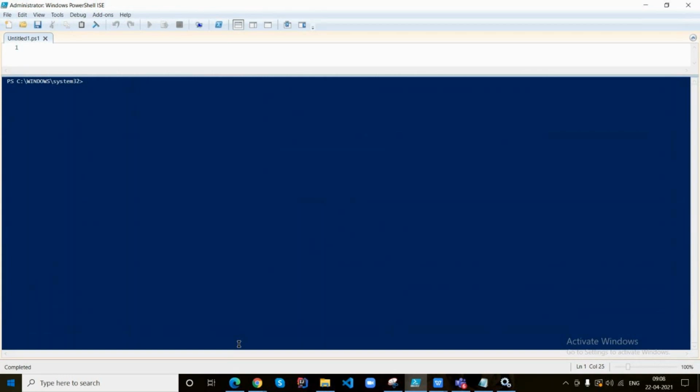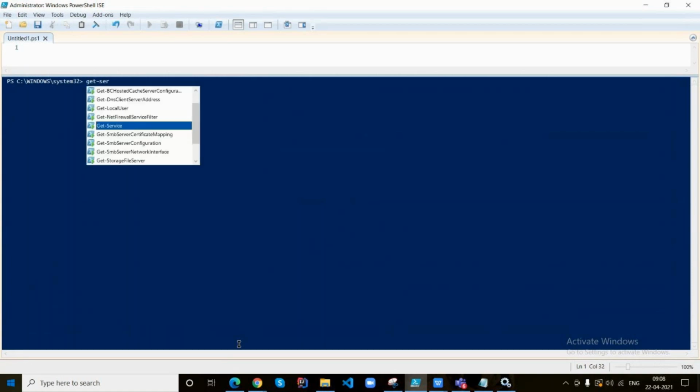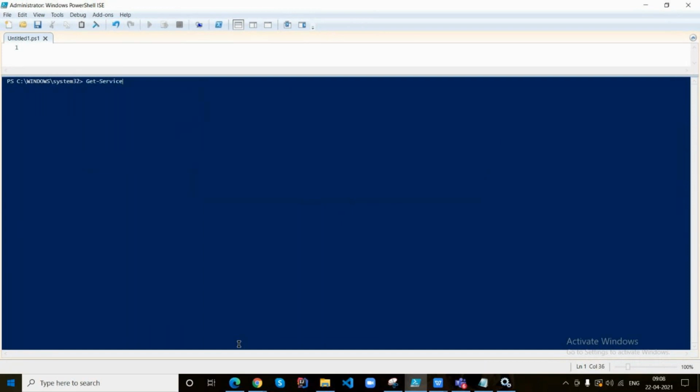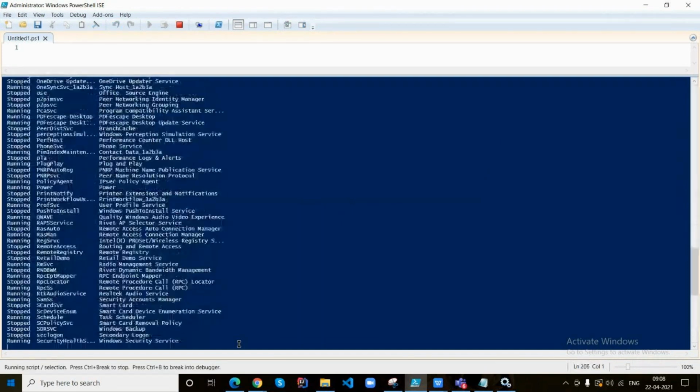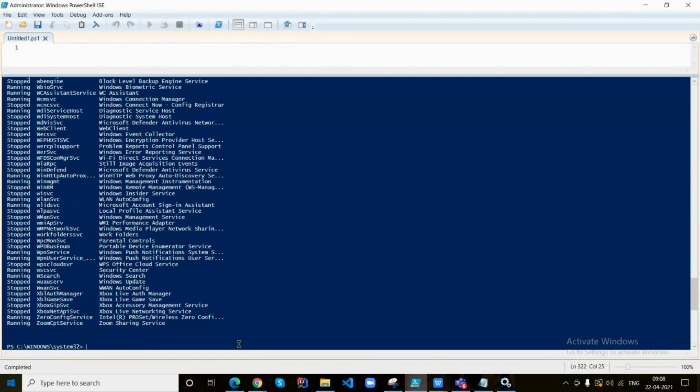Now execute Get-Service once again. Here I'm getting the service status, service name, and service display name. But I would like to get the information of only the names displayed when I execute this.